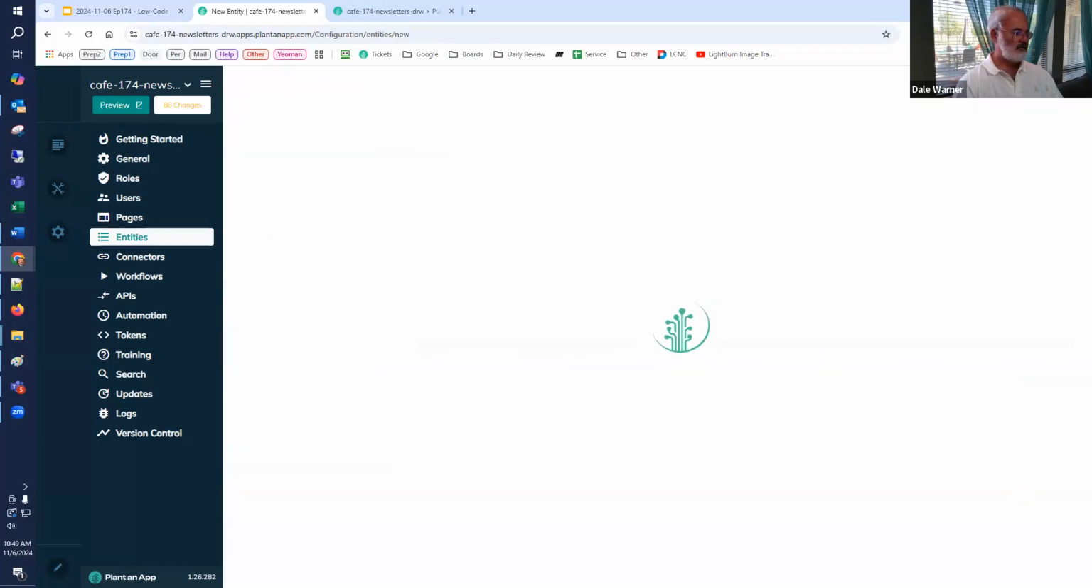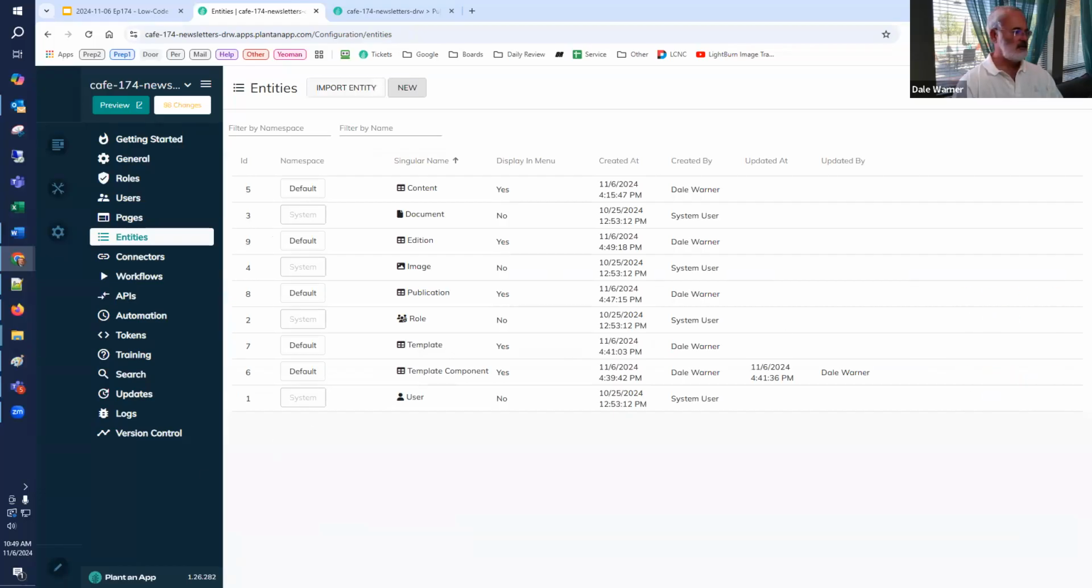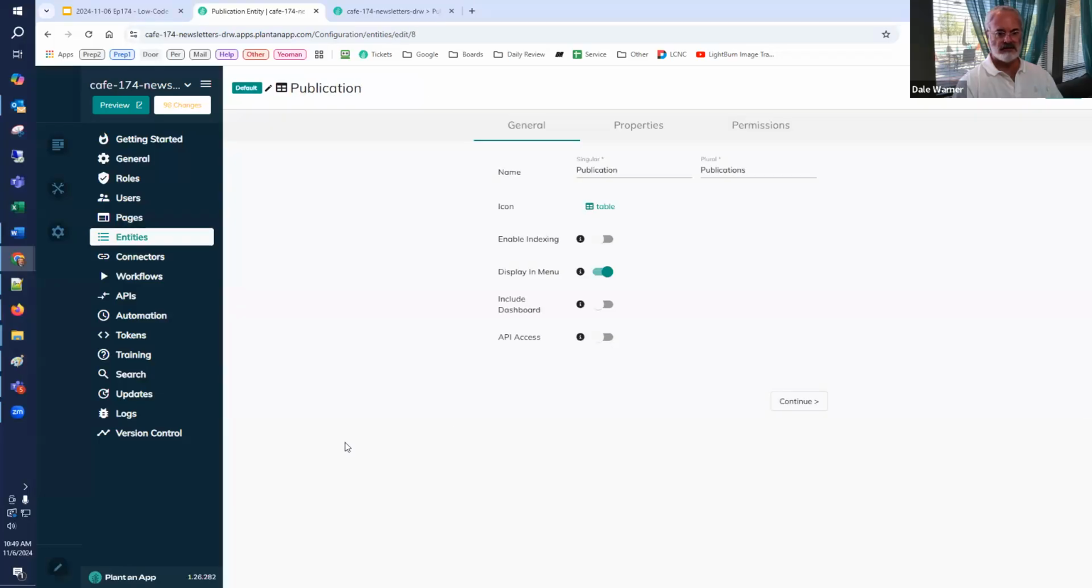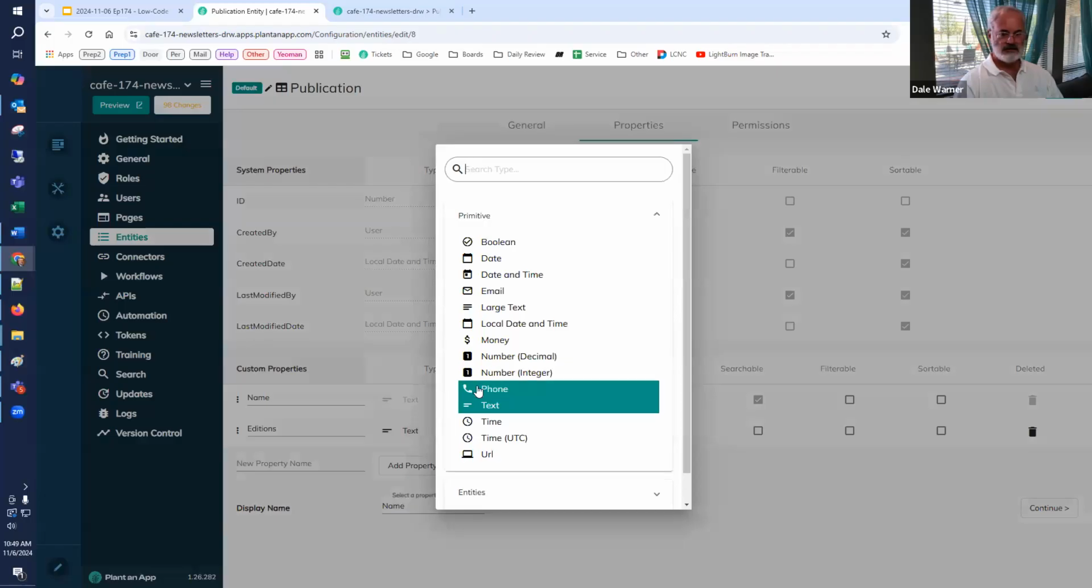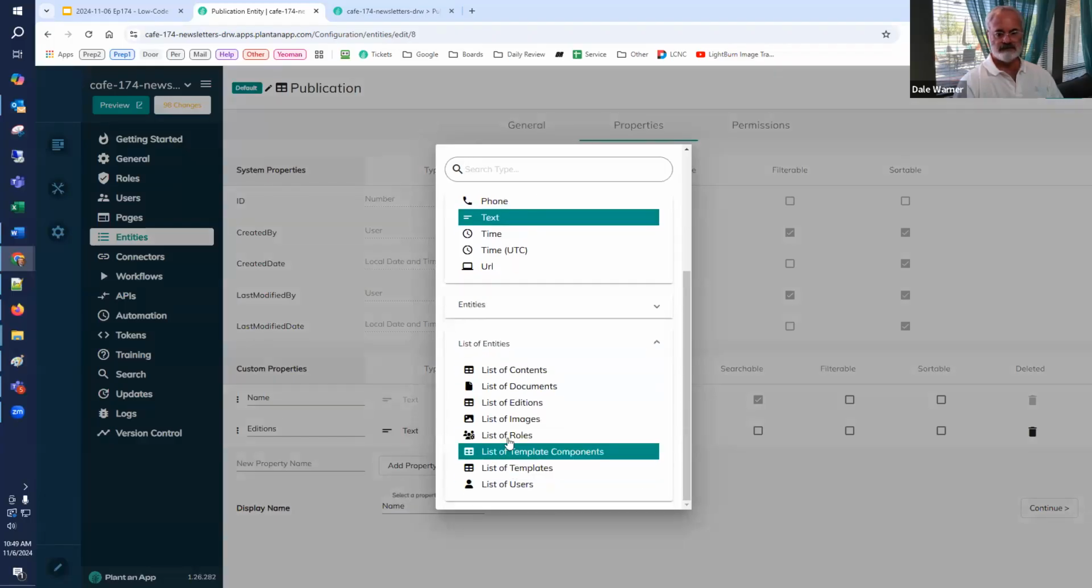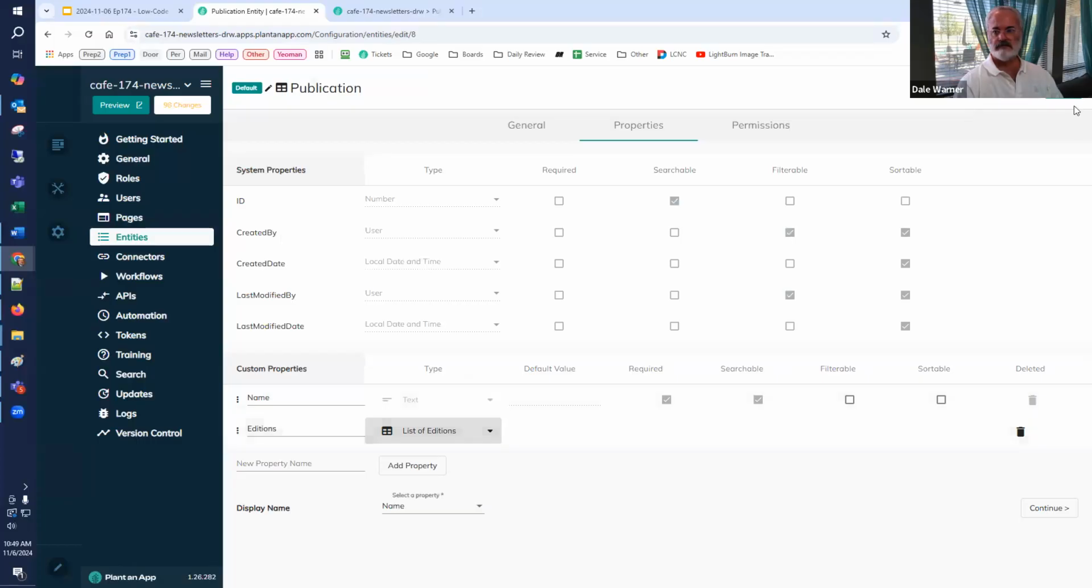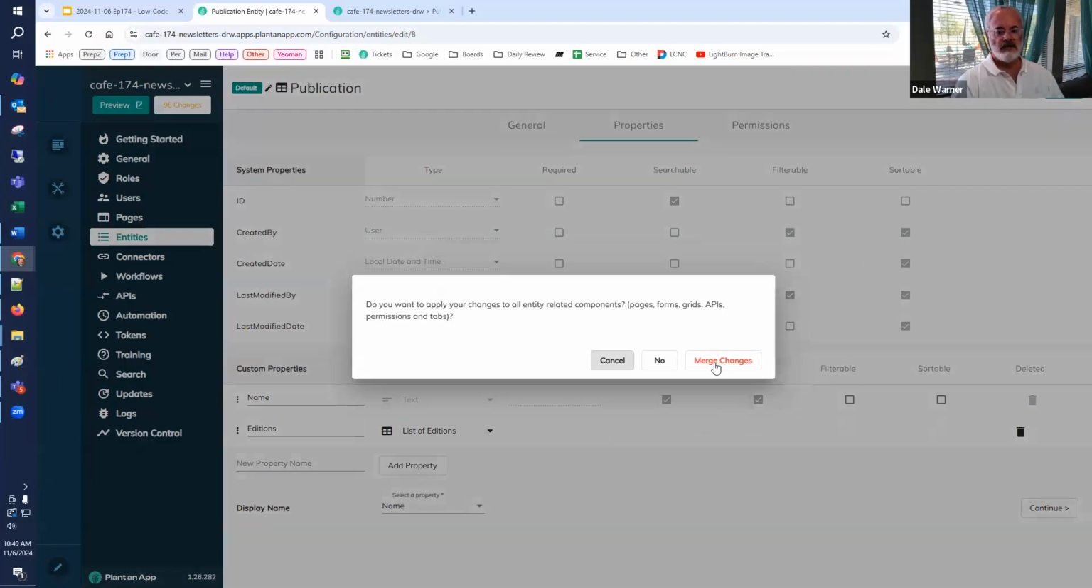And then the final thing, I need to link up my publications with my editions. And so we'll go and add another property to publications, which will be a list of editions. All right, with those quick changes,